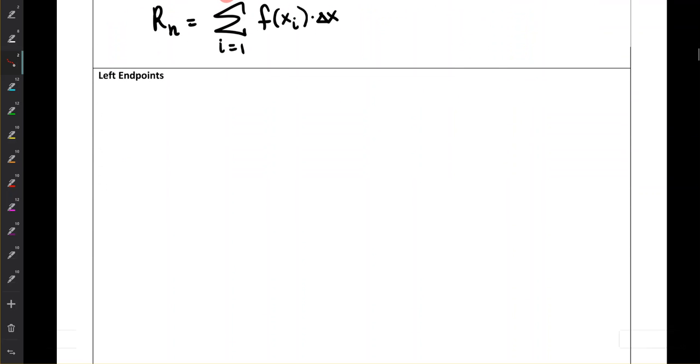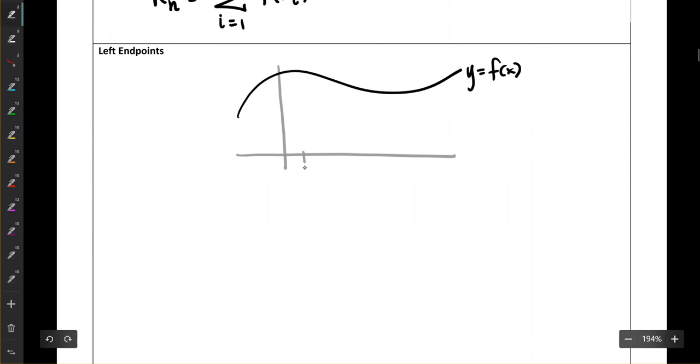Let's look at the left endpoints. All right, again, we're going from A to B. You're going to partition up that interval into n subintervals. So I'll have n rectangles. A is x sub 0, then we got x sub 1, x sub 2, x sub 3, etc. And then we have at the end x sub n minus 1. And what's B? In fact, I think I like this a little bit better. And at the end, we have x sub n,